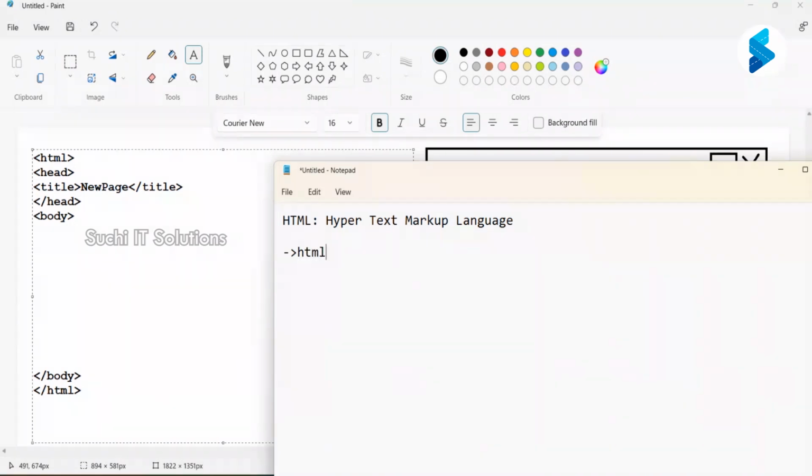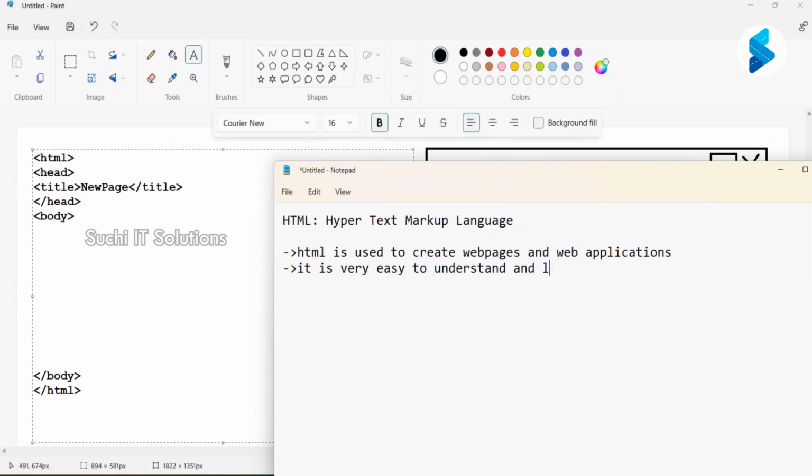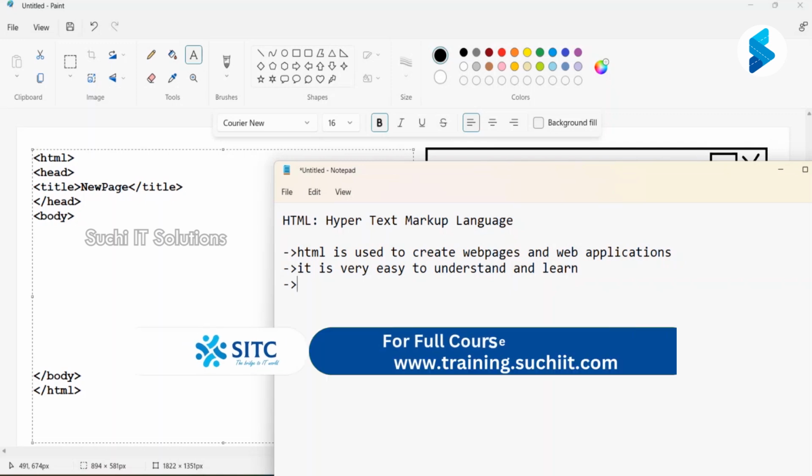HTML is used to create web pages and web applications. The next point is it is very easy to understand and learn. Next, who is the founder of this? That point I'm also going to mention here. So, Sir